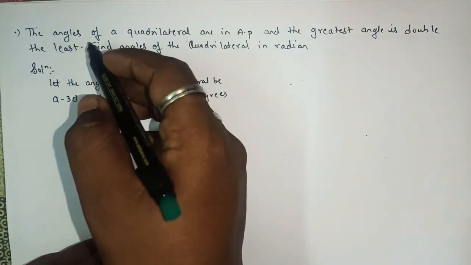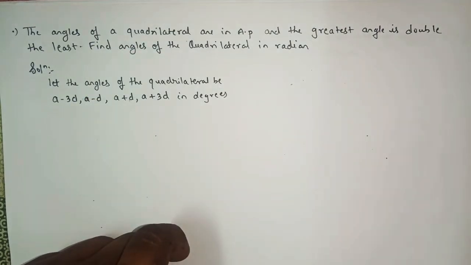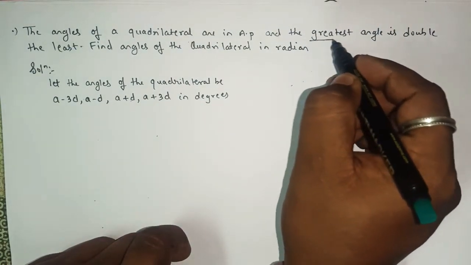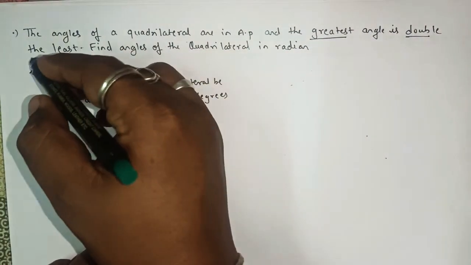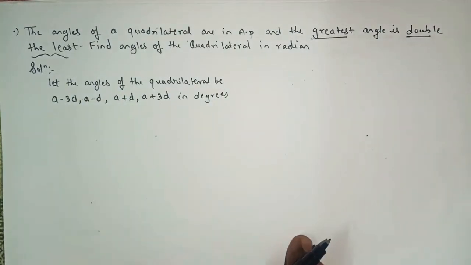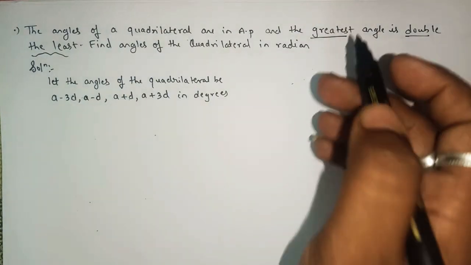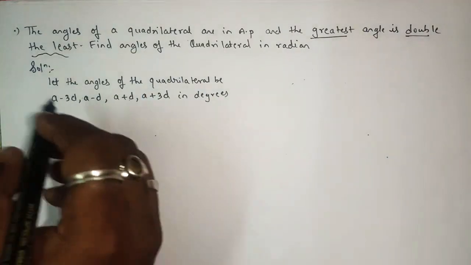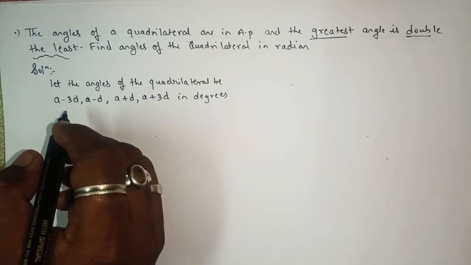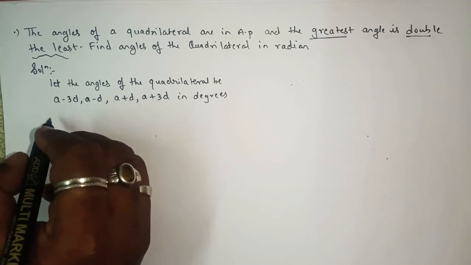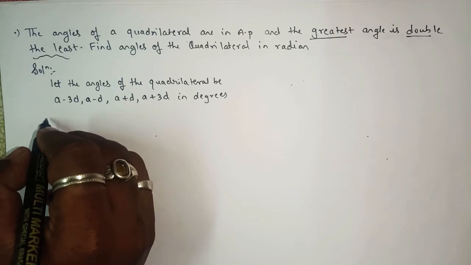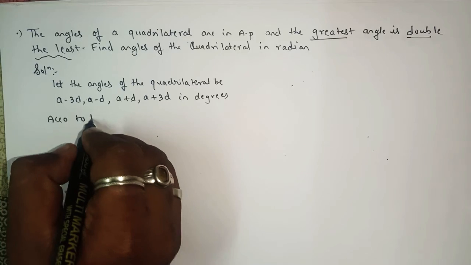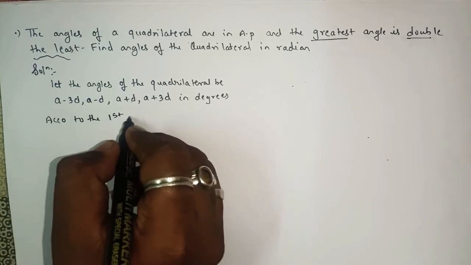Now here, according to the first condition, it says that the greatest angle is double the least. In the previous sum it was a little different, the greatest angle was 5 times the smallest. So you will write, according to the first condition,